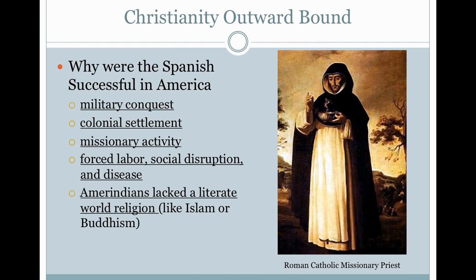The Spanish were most successful. How? Military conquest. They literally forced American Indians to convert. The settlements or the colonies were very large. Lots of Spanish peninsulares, they're called, people born in Spain, are going to pour into the Americas with their families. So in a way, American Indian communities are going to be overrun just by a lot of Spanish people.